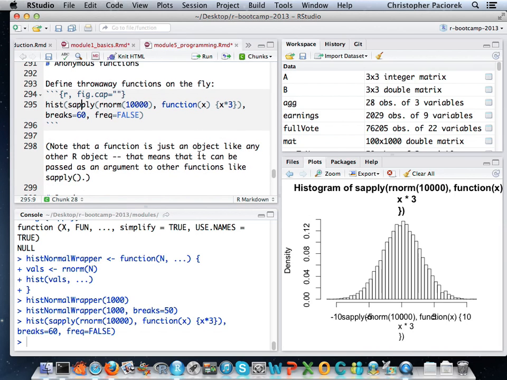The point here, and maybe Chris said this explicitly, is that functions, just like all of your other pieces of data, are an object. More specifically, they can be a string or a numeric variable or a list or a vector or a data frame. But everything is an object, and that means that everything can be passed in and used in the same way. So sapply is a function, and it takes a function as an argument, and you can do that because a function is just an object that you can throw around.